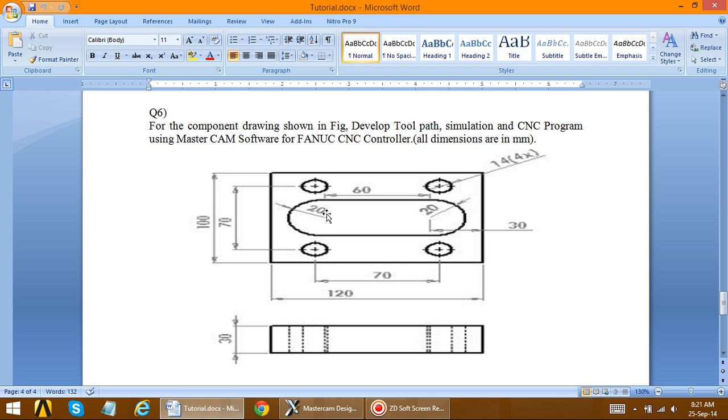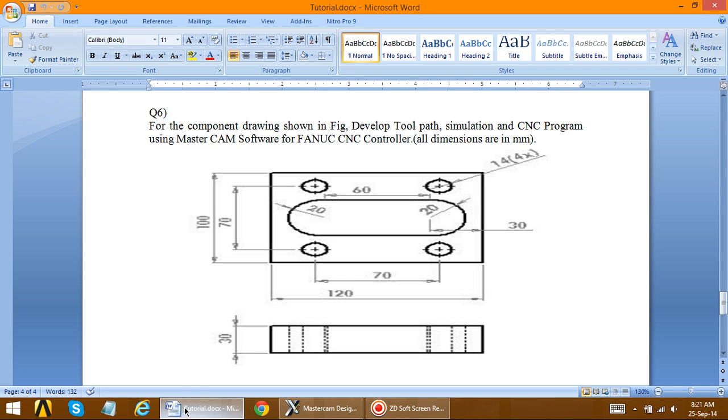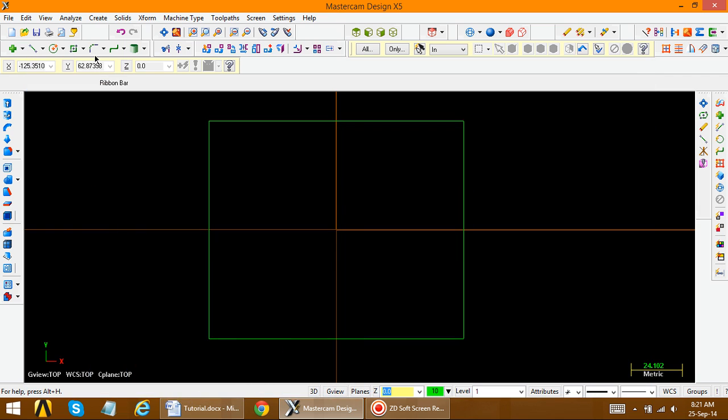Now we have to create a second rectangle. This is the second rectangle. This second rectangle has a width, if you observe, of 70 plus 20 plus 20, that is 110, and the height is again, if you observe, 40. So we have to create a second rectangle of width 110 and height 40.